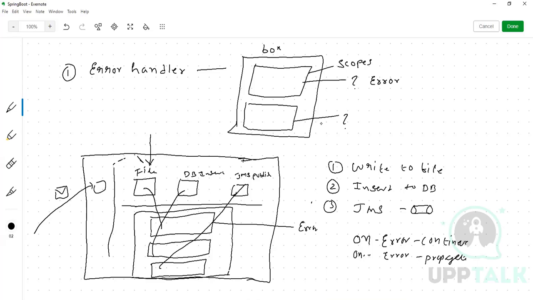Got it, Adam? Yeah. So can you see the last part? I understand that, on error continue. The second one is on error propagate, right? Propagate means if an error occurs, stop the execution. Both ways you can stop, but